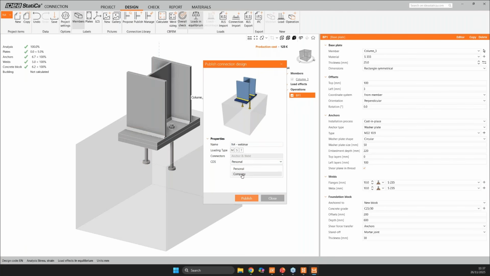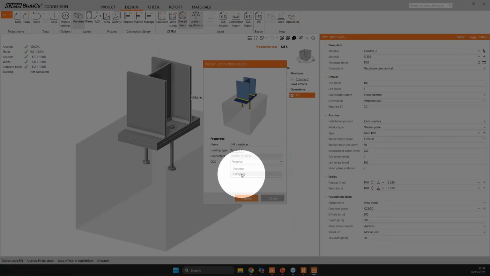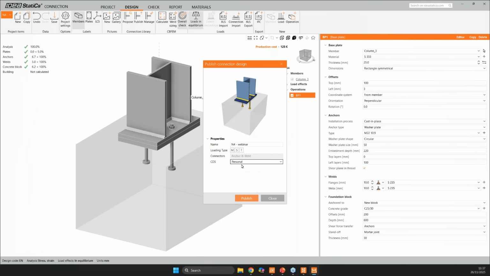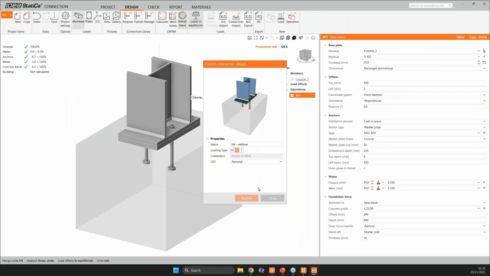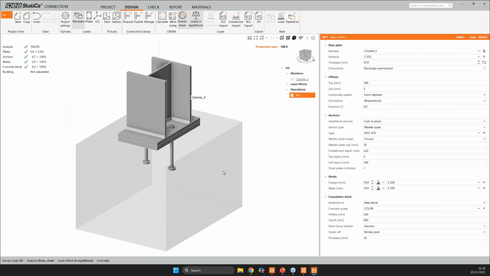However, I can also publish it into a company set. What that means is that your colleagues working on the same license can access this design. So I'll publish it. And with that, I come back to Checkbot. Oh, I didn't save it. I need to save the design. I come back to Checkbot,